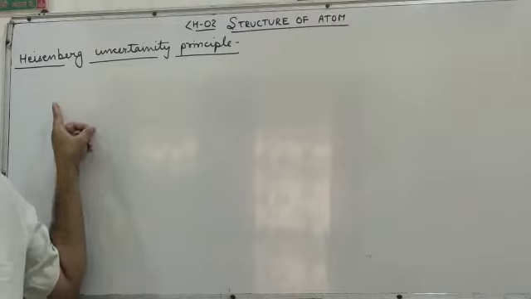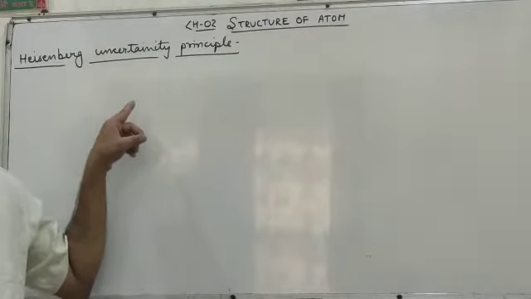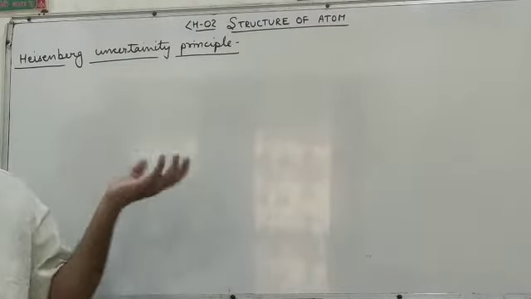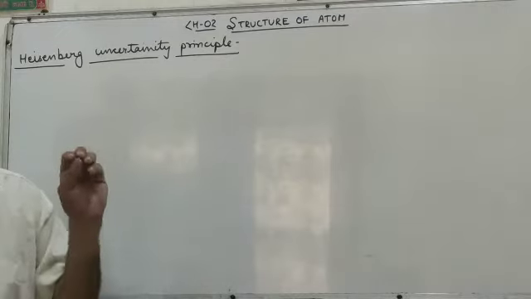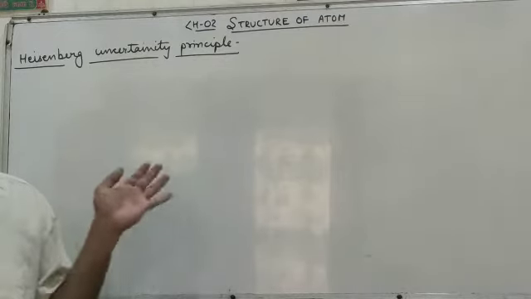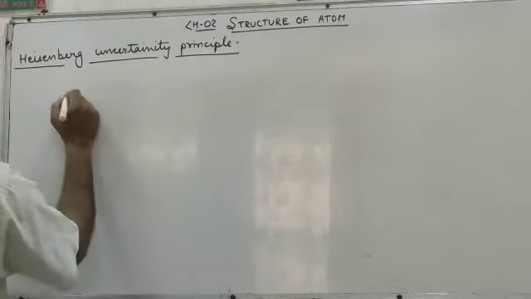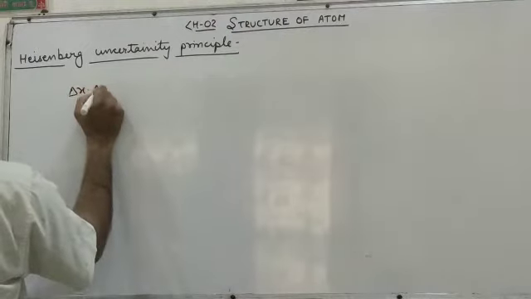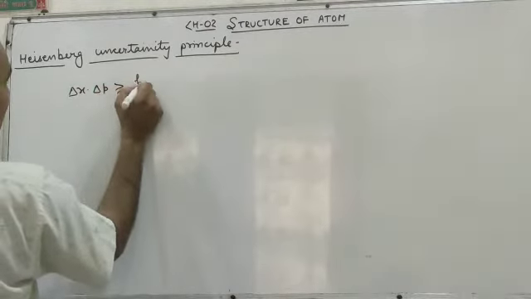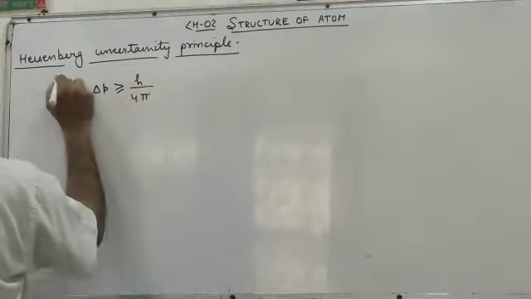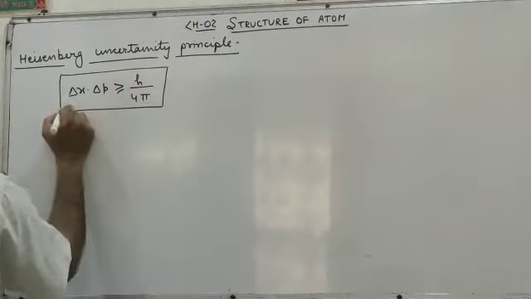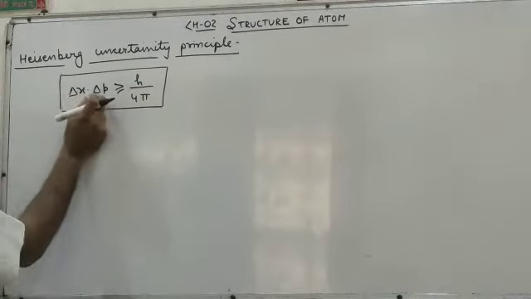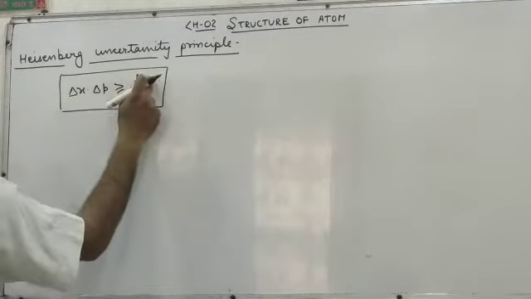If we measure the position of a subatomic particle, then its momentum changes. If we measure momentum, then its position changes. Mathematically, delta x into delta p is greater than or equal to h upon 4 pi. Here delta x is the change in position, delta p is the change in momentum, h is the Planck constant,